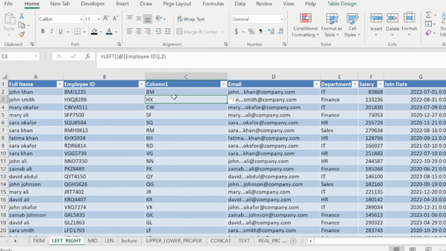Boom. So now I selected the first 2 values, which is B and M. Notice here we have B and M. Also, here we have H and X. Here we also have C and